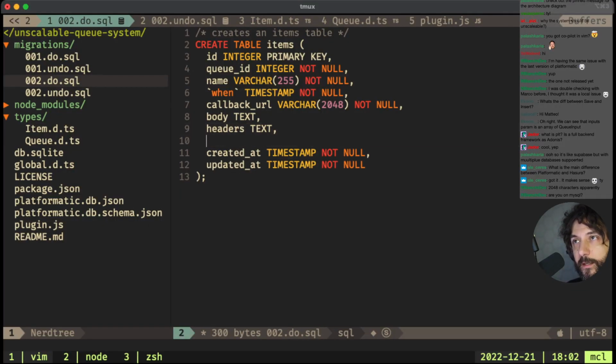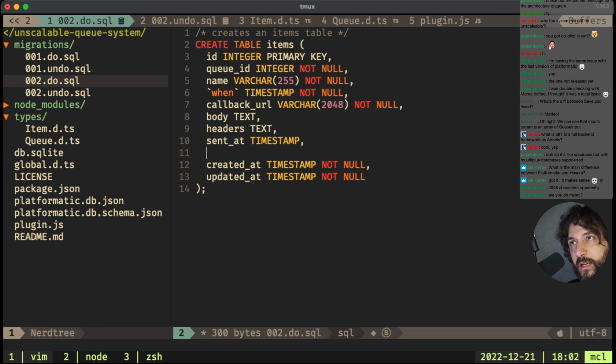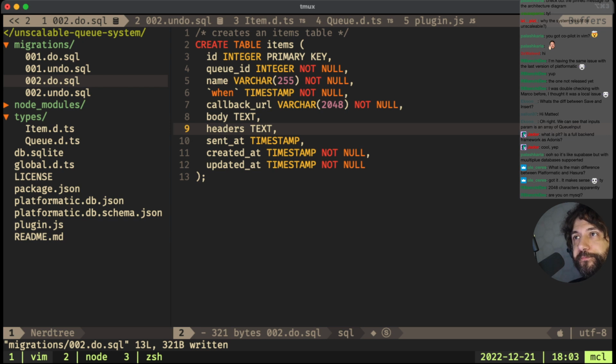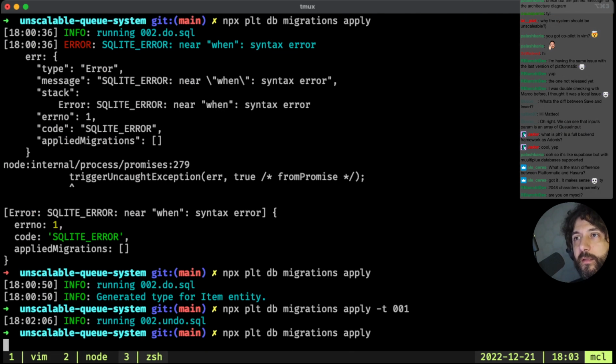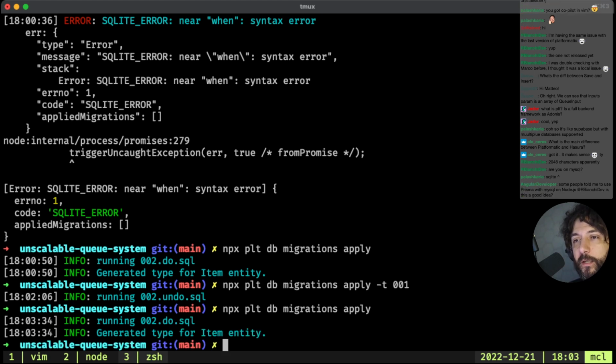So let's call it sentAt timestamp, okay, and then we want lastSentAt, and then well, sentAt, and yeah, let's do that. Okay, so we want that field. Ooh. Okay, and then apply this. Here we go.